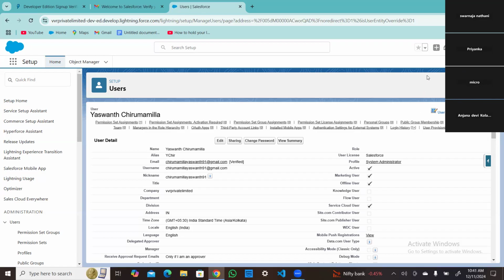This we call setup. When you click on this setup, in the drop down, setup.